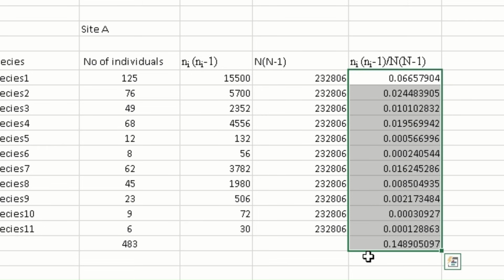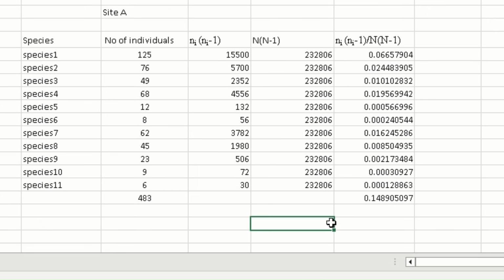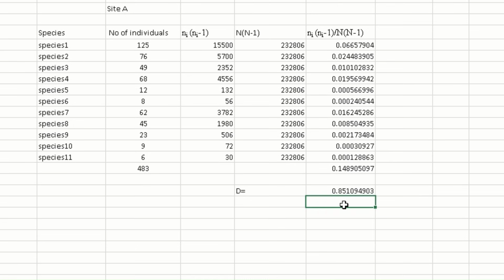This is 0.14. Then it is 1 minus. So D, the Simpson Diversity Index, is